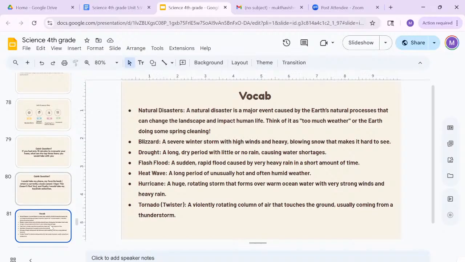So what are natural disasters? A natural disaster is basically a major event caused by Earth's natural processes that can change the landscape and impact human life. You can think of this as having too much weather or the Earth doing some spring cleaning. What does that mean? Natural disasters are basically when there's too much of something. It's raining too much. If it's raining too much, then floods can happen, right? And if there are too many winds, then there can be hurricanes, there can be tornadoes, and